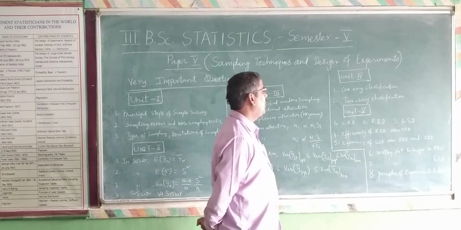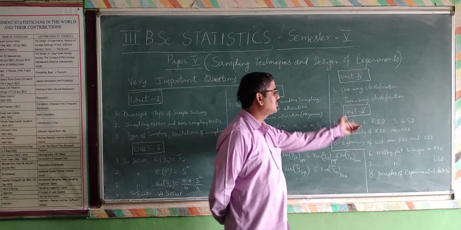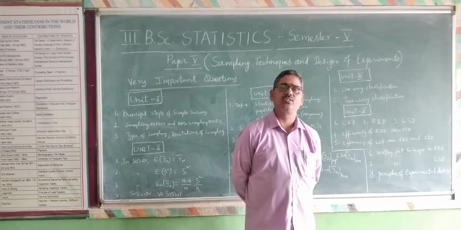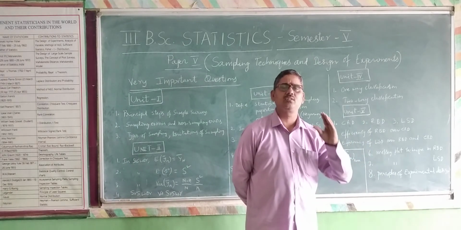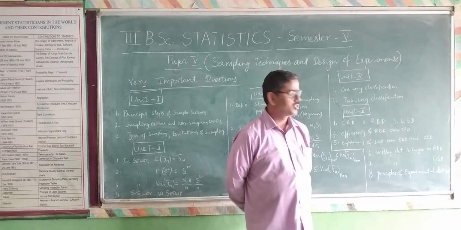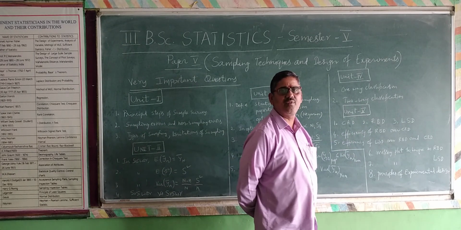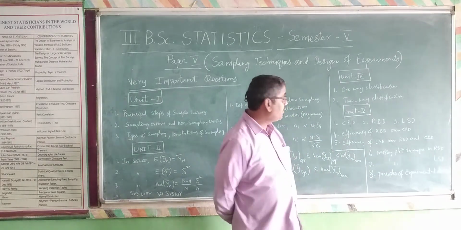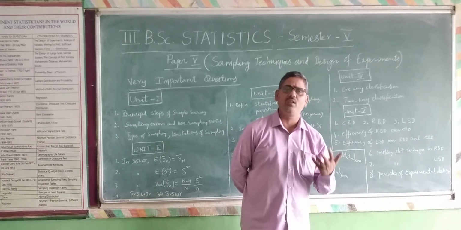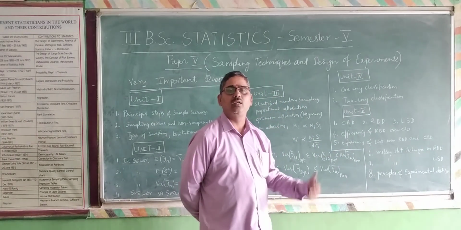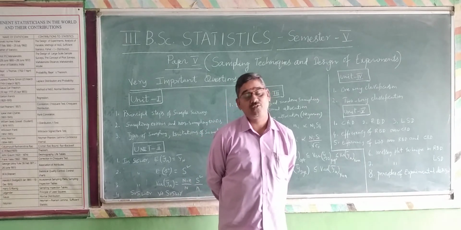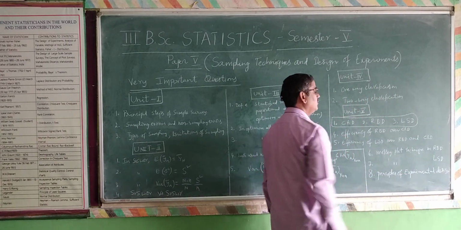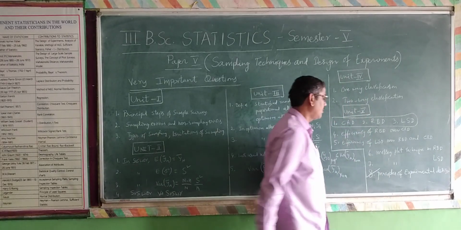Okay? And then read at least the questions on CRD, RBD, and LSD: definition, advantages, disadvantages, and statistical analysis. Statistical analysis is very similar to one-way classification and two-way classification. Therefore, read at least CRD and RBD. You can also read LSD. If you read the first three questions, you may definitely get one question in the question paper. So at least read the first three questions, and also the principles of experimental design. The rest is your option.